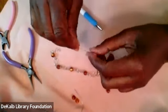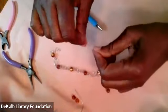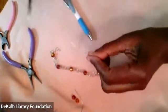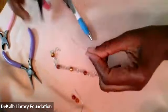So once again, let's fold this over. Go down about 1.25 inches from the tip. Let's measure, because I know people are more comfortable when they measure. About 1.25. 1.25 inches. Now fold my wire over